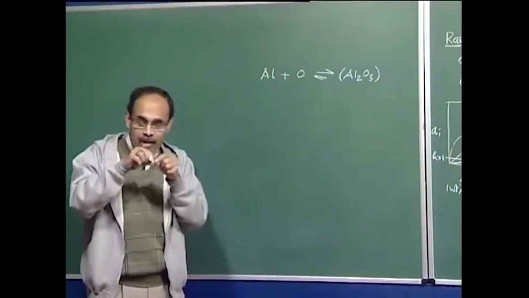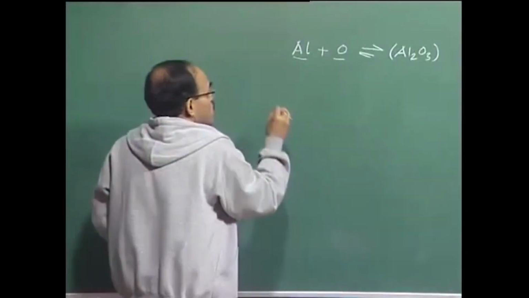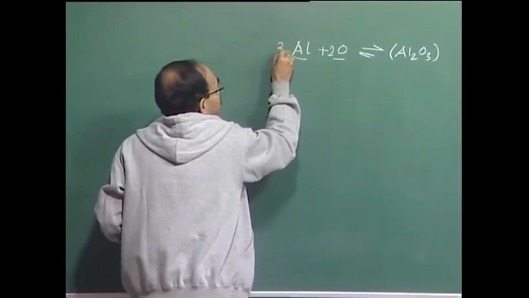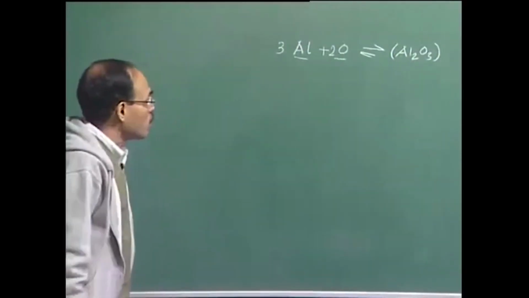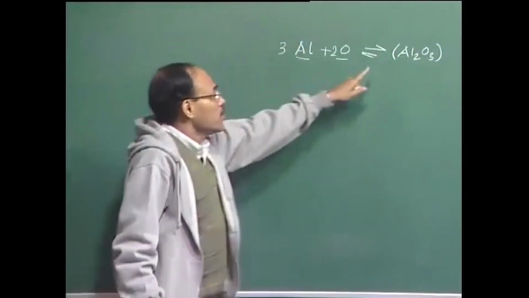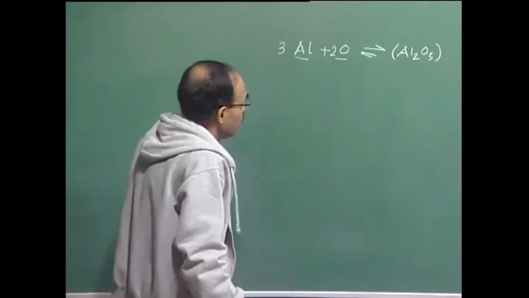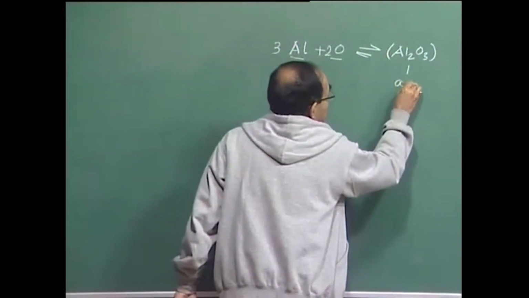So, aluminum reacts with dissolved oxygen and produces, so we can say 2 times dissolved oxygen and 3 atoms of aluminum producing 1 molecule of Al2O3, and if this is formed in the pure phase, there is no formation of any compound, then we can say that the activity